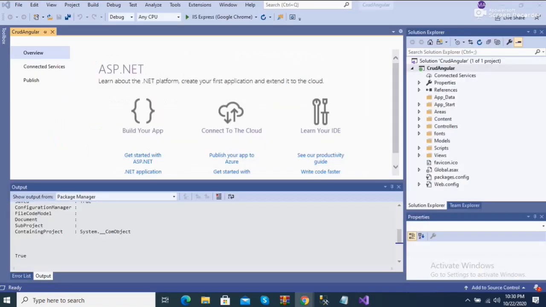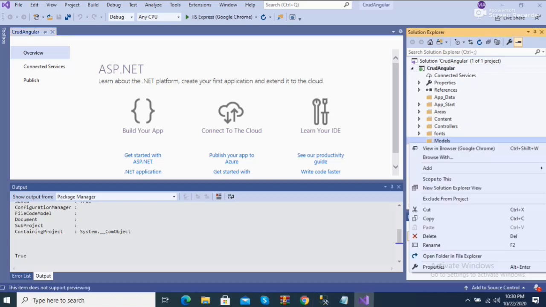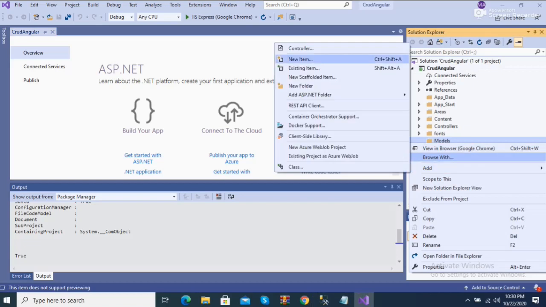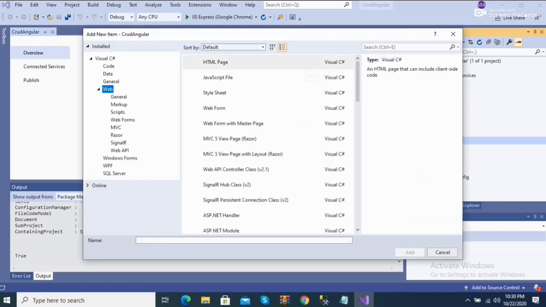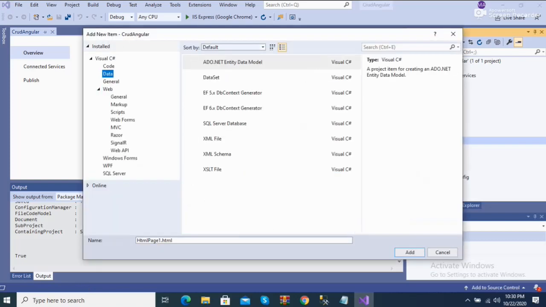After creating your project, the next step is to add the ADO.NET Entity Data Model to your project. So right click on the Models folder, click add and go to new item, and here you add the ADO.NET Entity Data Model.